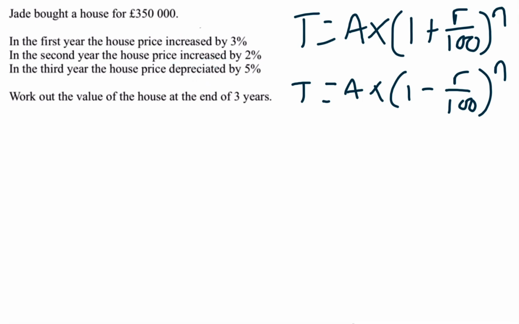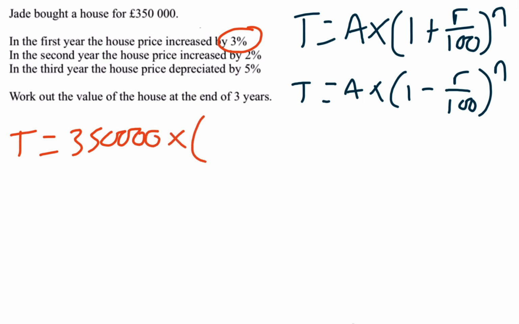So first things first that we're going to do is we're going to look at the first 3%. So therefore, the total is equal to 350,000 multiplied by, open bracket, 1 plus 3 over 100. And because it's the first year, okay, only the first year, we do it to the power of 1. Well, if it's to the power of 1, you don't need to really put that in there. But if you want to, just to keep your peace of mind that it is 1 year, more than happy to do that. Okay, and you should have got an answer of